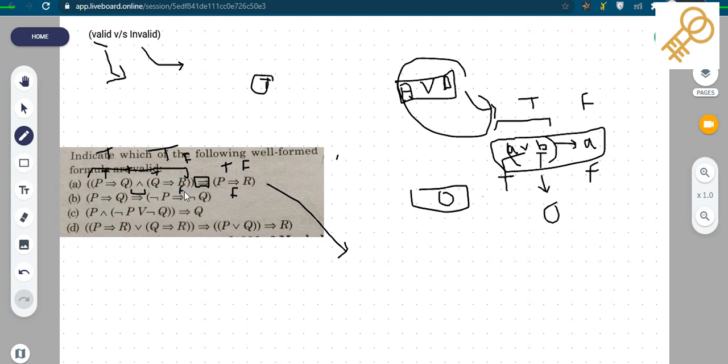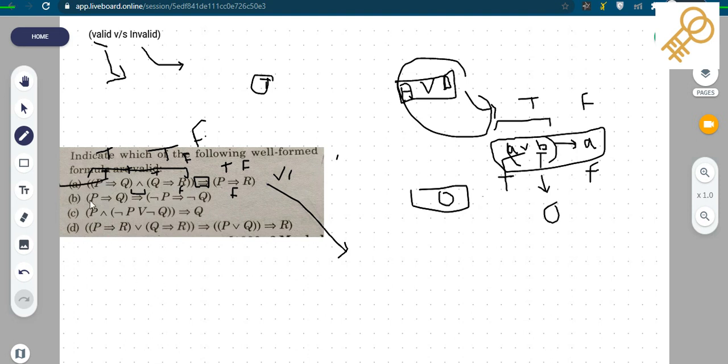Now true implies false will give us a false value. So in that case this whole expression will be false. If this part is false, then since there is an AND operation, this whole expression will give us a false value. So we are not able to prove the whole expression as true while the other side is false. We are getting a false value, so this will not be our invalid expression, this will be our valid expression. So option A is the correct option.